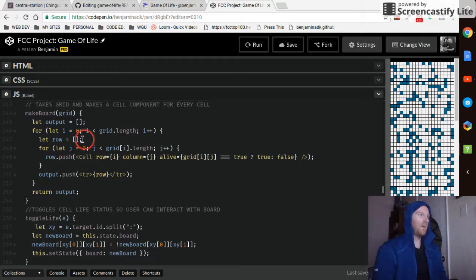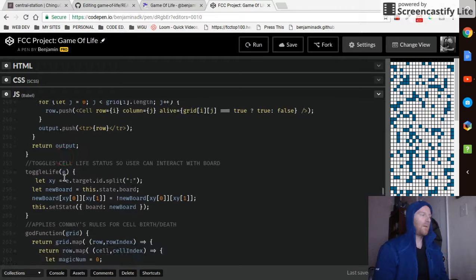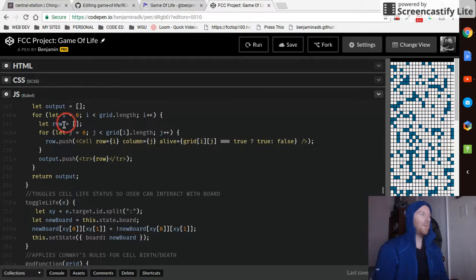We make a row array, and we push into output each row as an actual table row, because our whole thing is really an HTML table. For each, this whole thing just makes a row based on the state that we set originally of 50 rows, and then that's going to give us a big array